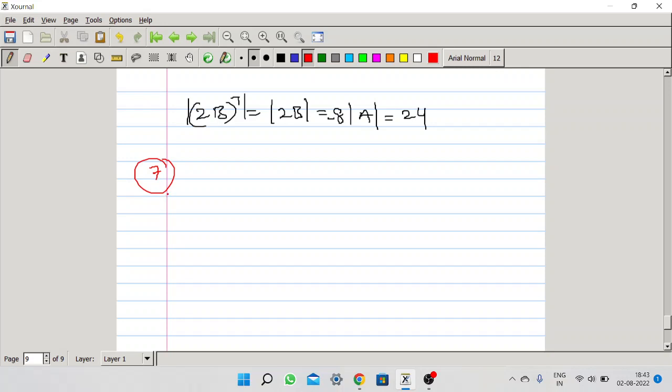The number of non-zero rows in the echelon form of the matrix. Just converting the matrix into row echelon form, we will get the solution. 1, 2, minus 1, 3, minus 1, 2, minus 1, minus 1,